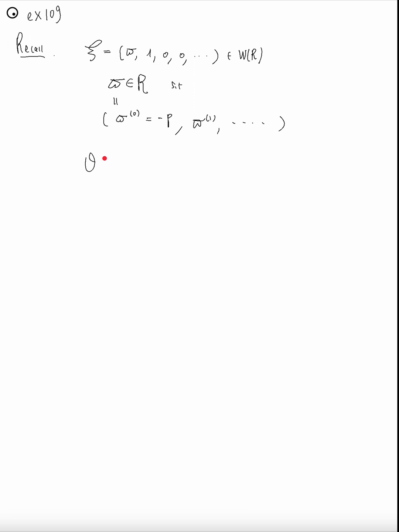Now we have also constructed an element c of the form omega times (1, 0, 0, ...) as an element in W(R), where omega is an element of R, such that it starts with minus p, and then of course p through to minus p, etc. And we have checked that theta of this omega plus p